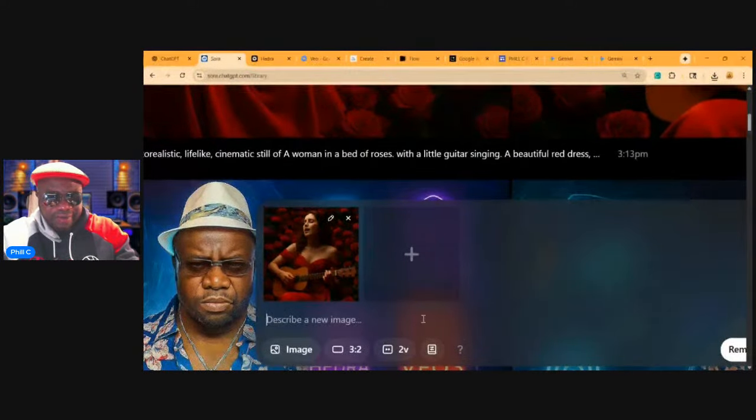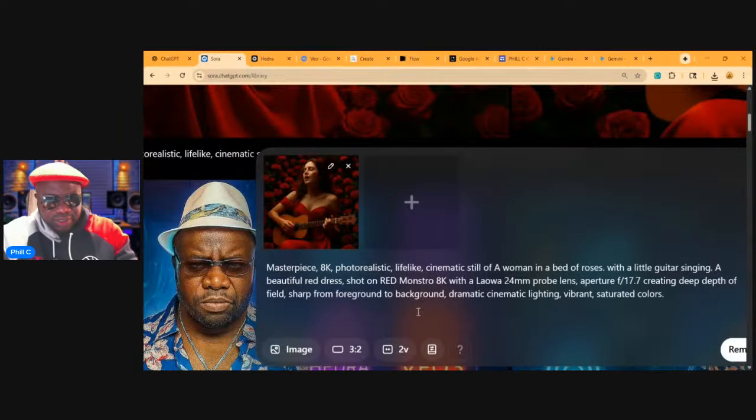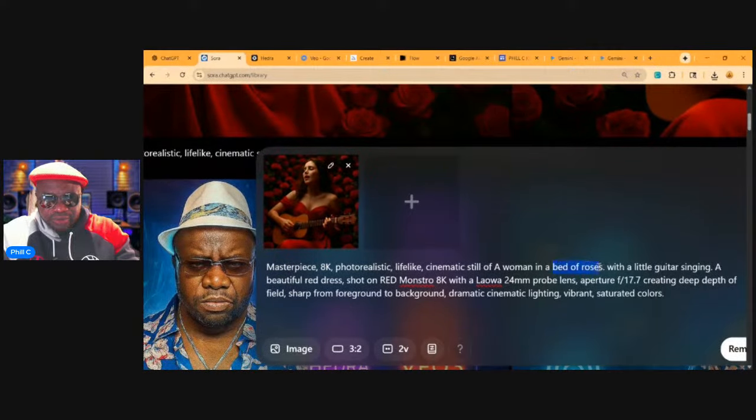We can take this, and then we can modify the words in the prompt to say a woman in a red hammock with a guitar singing by the beach, with kids playing nearby. All right, boom. So now we're getting a second shot.